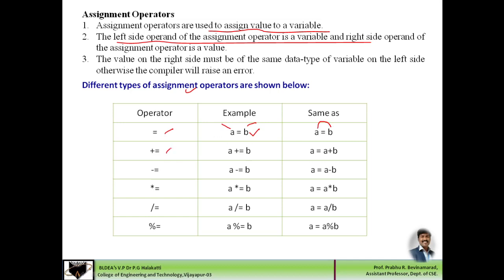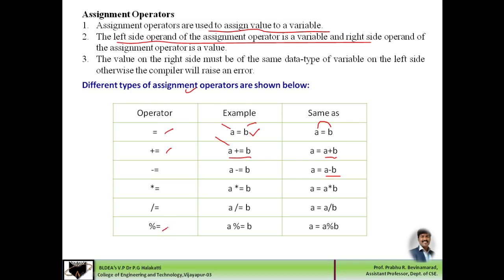This is a shorthand assignment operator. Here we write A plus equal to B. Before the result is assigned to A, the addition operation will be performed. The content of A is added to B and the result will be transferred to A. In this case, first it will perform a subtraction operation between A and B and the result is assigned to A. Similarly, in this assignment operator, the multiplication will be performed between A and B and the result will be stored in A, and so on.